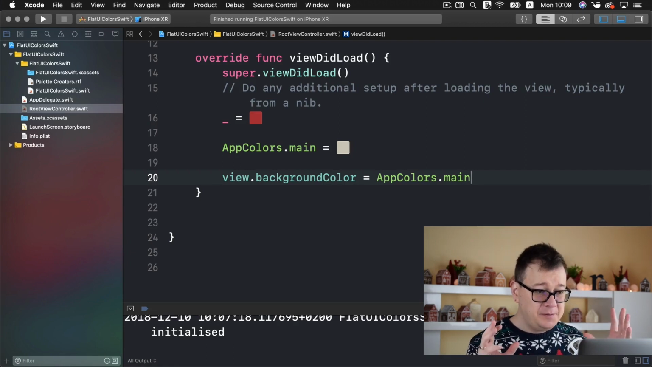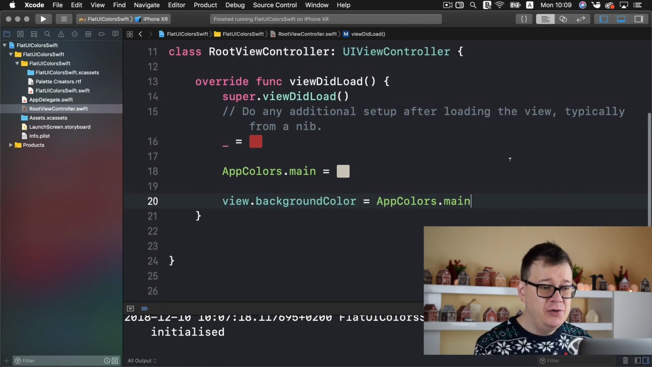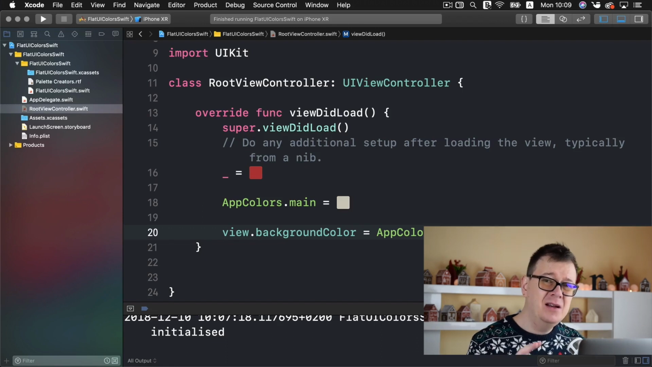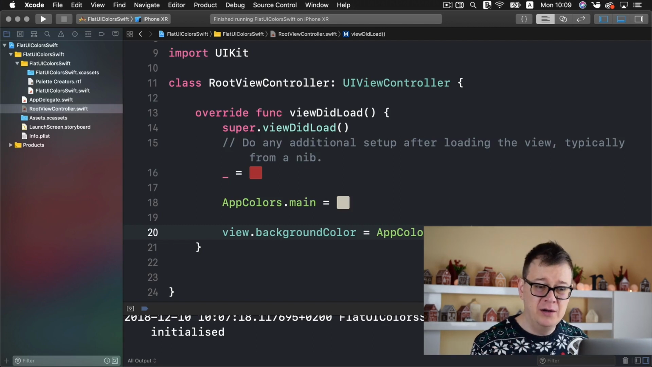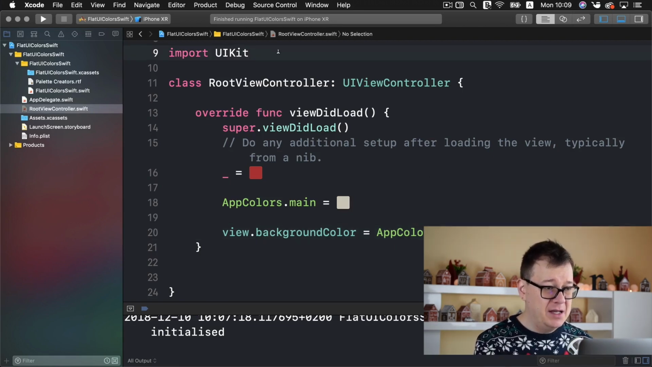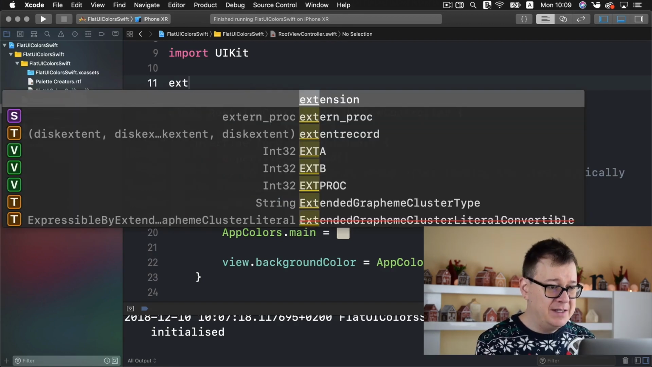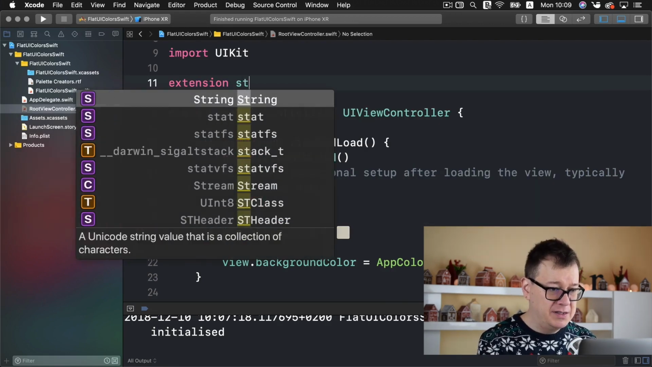Okay, now what we can do next is extend this. Let's say we don't want the main color to be our background color, because the main color usually is, let's say, a button color or something like that, or the logo color, that it's not the background color. So let us create or extend AppColors to have that background color. So what we want to do is, you could create a separate file for this or whatever. I will just add it right here. So let's create an extension for our struct